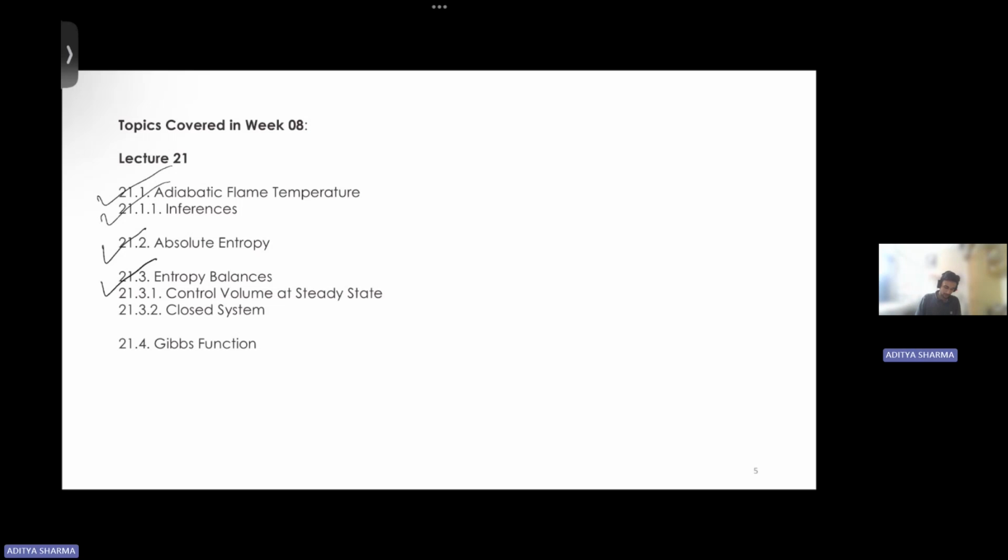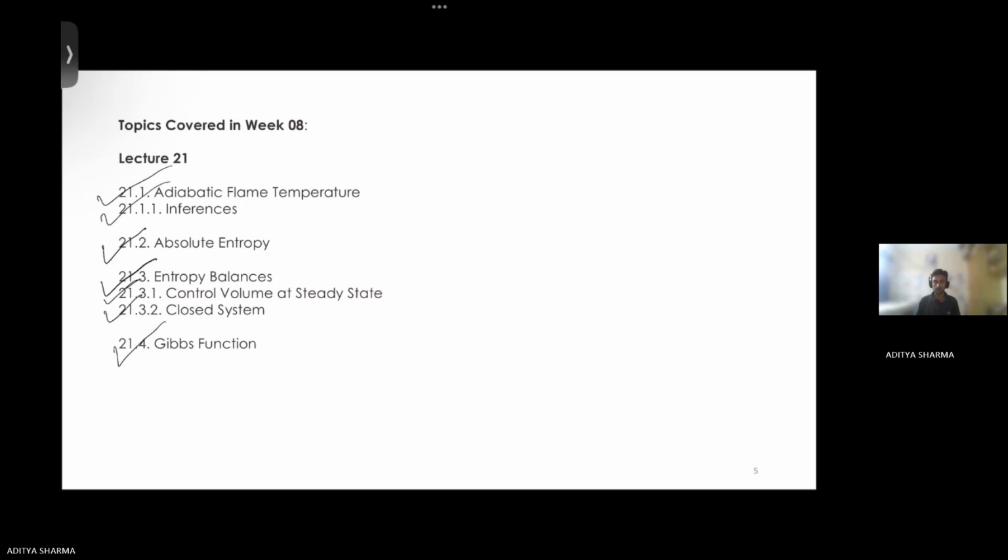Then your next topic is Gibbs function. So for these chemical reactions, how do we define the Gibbs function at a particular state? And then how do we define the change in this Gibbs function? Okay, so the expressions for it have been given in the lectures. All this discussion we have to keep in mind is keeping your combustion and your chemical reactions that take place during combustion in the mind.